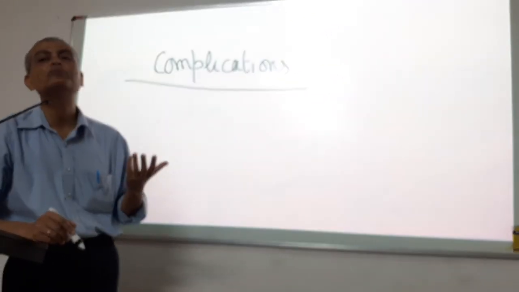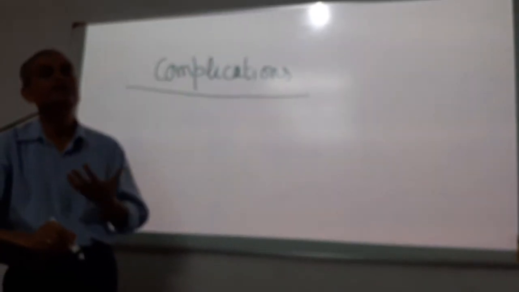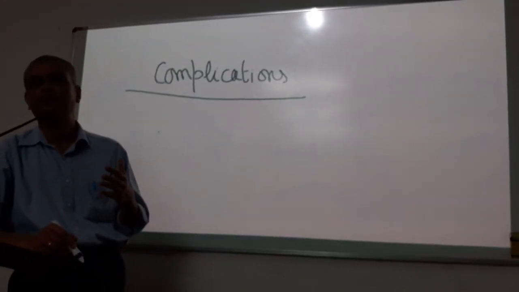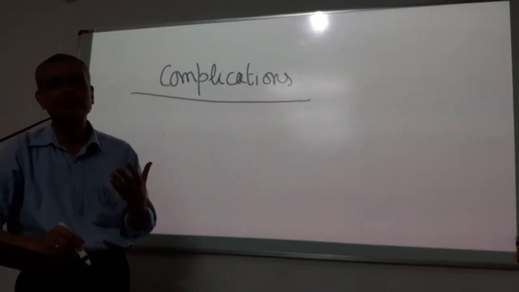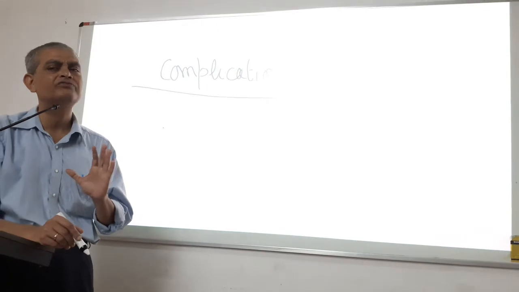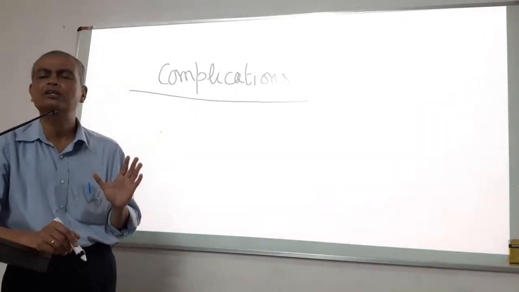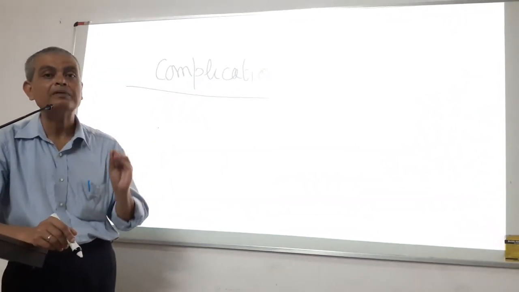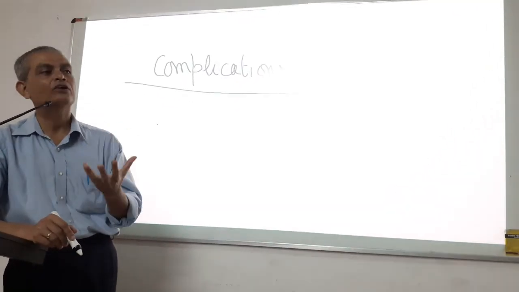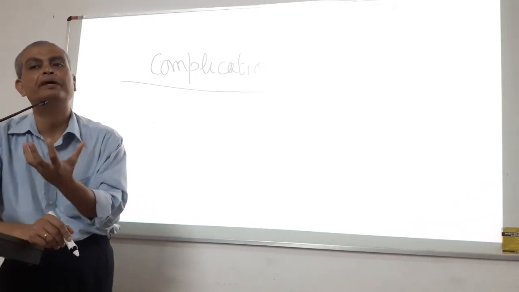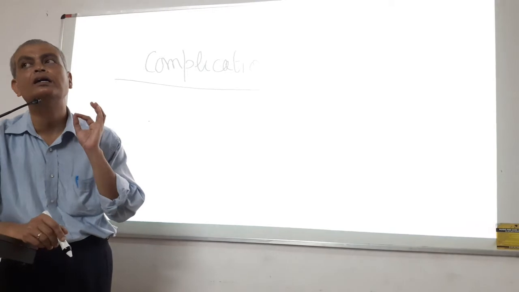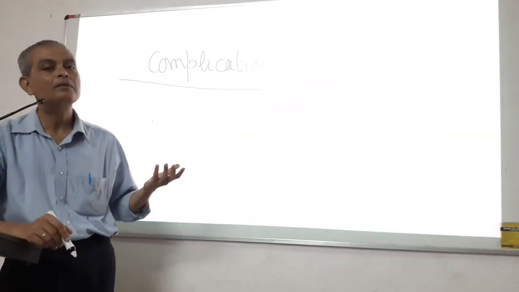Suppose we are thinking about myocardial infarction. Whenever there will be heart attack or myocardial infarction, then there will be acute chest pain, and then there can be respiratory distress, and then there will be sweating. All these features will be there. Heart failure, all these features will be there. But in some cases, there can be rupture of the heart wall with accumulation of blood within the pericardium, giving rise to a condition which is known as pericardial tamponade. So that is the complication.